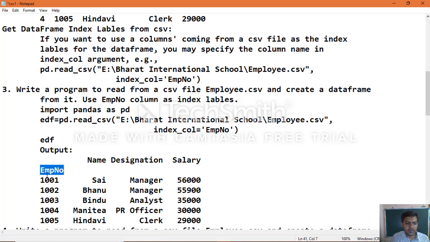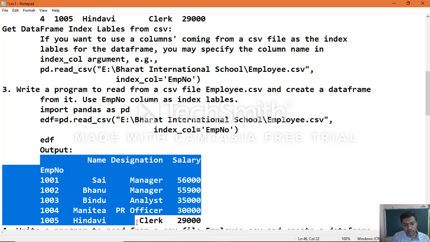The column employee numbers became the row label numbers. Okay, that is what you get as output once you use the other attribute called index_col.